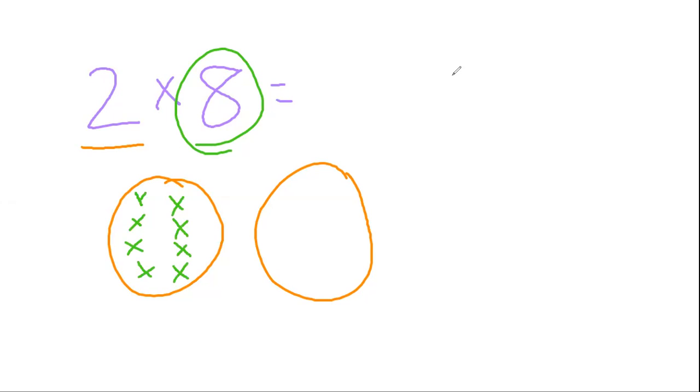My next group is also going to get 8 counters. Now I can count and tell how many counters I have all together. 2 times 8 equals 16. Okay, because 2 groups of 8